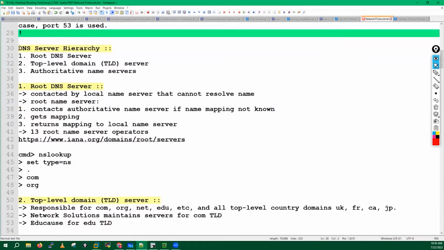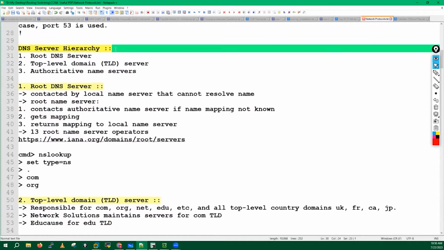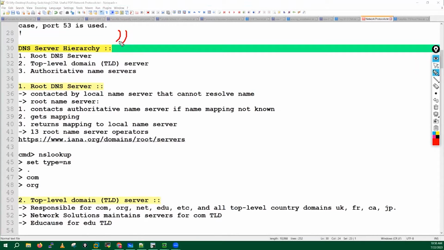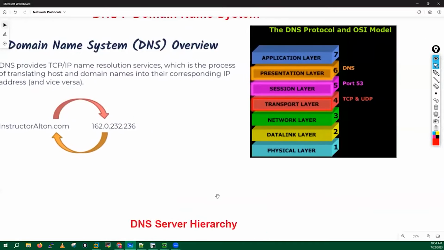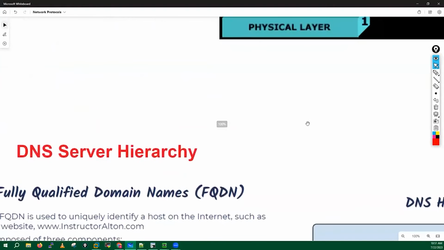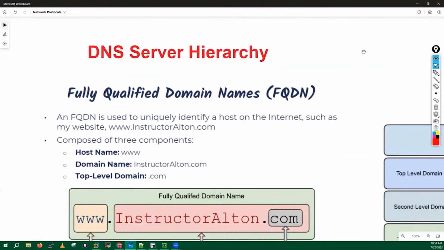Now let's try to understand the DNS server hierarchy. Maybe in your interview, they will ask, can you explain the DNS server hierarchy? In that hierarchy, you have to know what the root DNS server is, what the top level domain or TLD server is, and what the authoritative name server is. So now let's try to understand that part. Generally, if I go to my whiteboard, into this DNS hierarchy section,